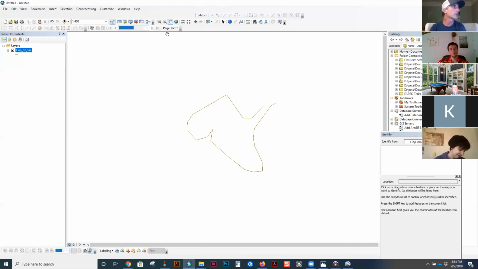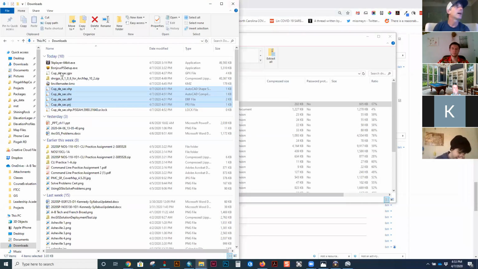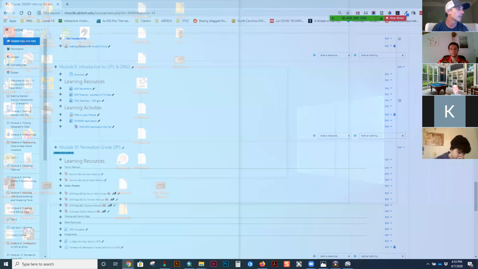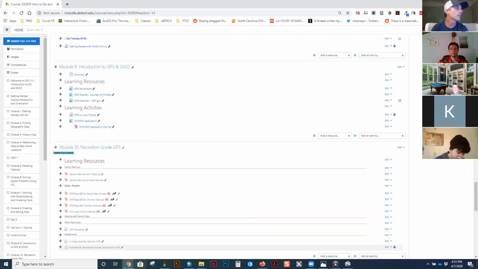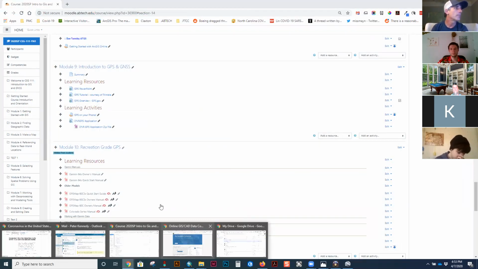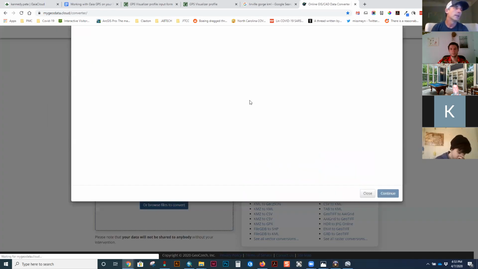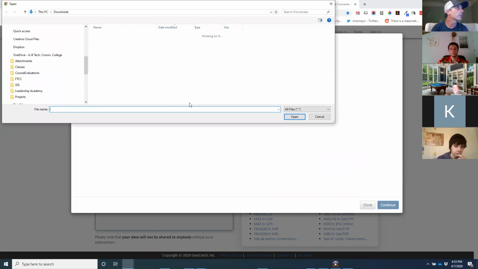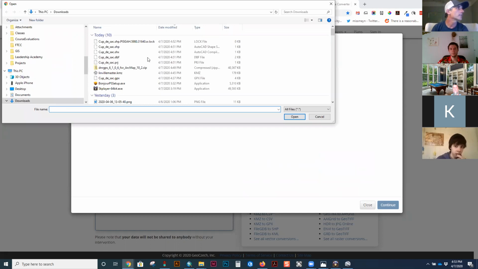There are some tools in our toolbox for converting between formats, but they can be a little clunky. I think DNR GPS is a quick, easy, clean way to do it. I like using it. I use it a lot. These online converters appear to have gotten a lot better. I've been around so long that I've been doing it different, the old school way you could say, but I'm